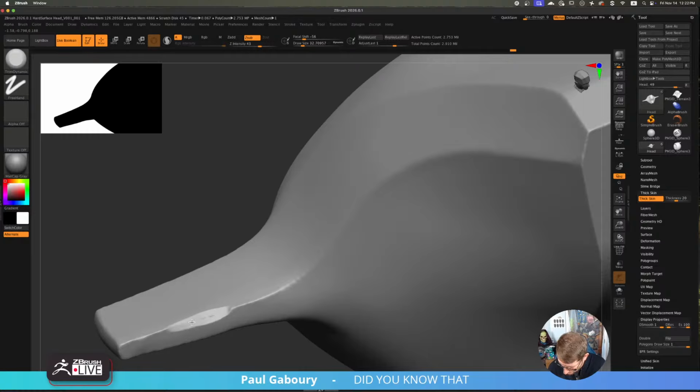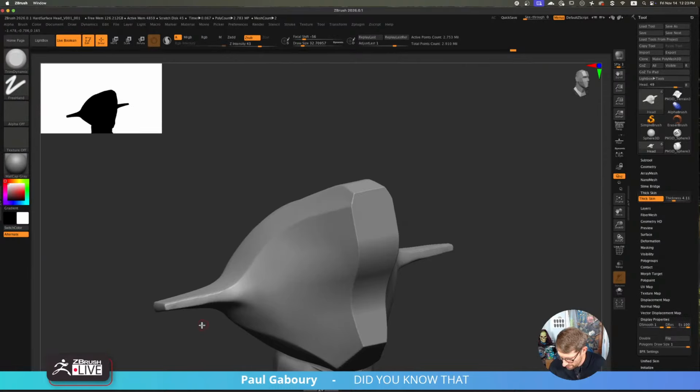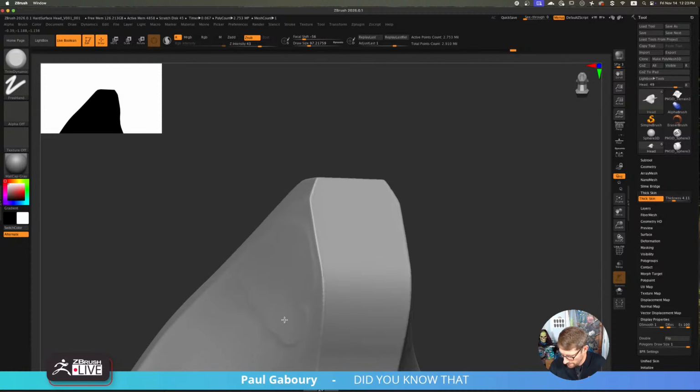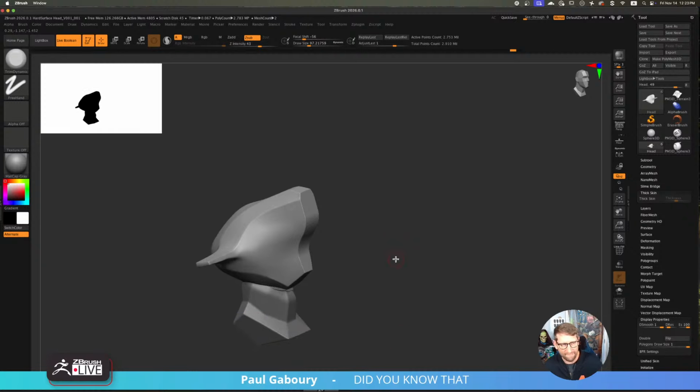I'm only going to be able to go so deep into the surface eventually. So I can say, okay, let's make it far less. And I'm just playing with this. This has got another piece of geo there. Right, so there's stuff like this. You can build up the surface as well, and then it's always going to stop at that level. But you can build up a surface this way too.